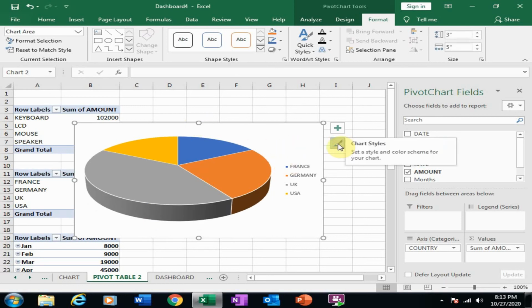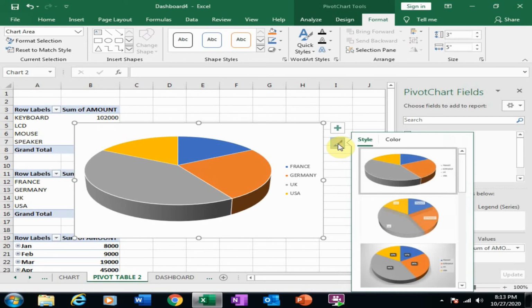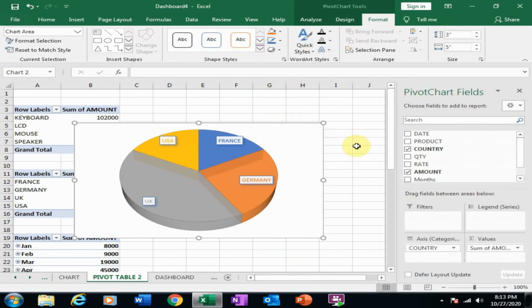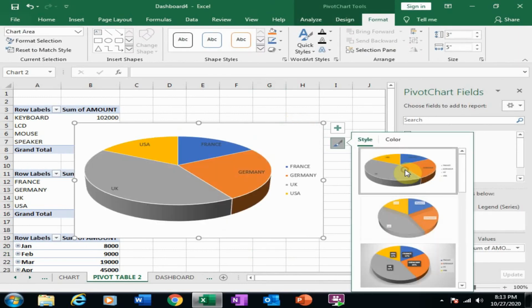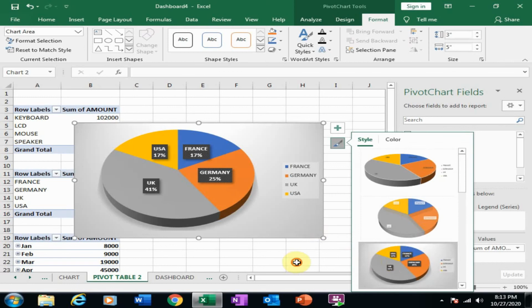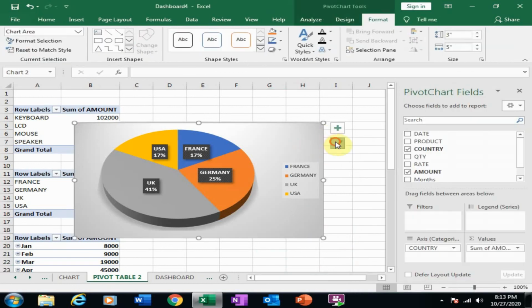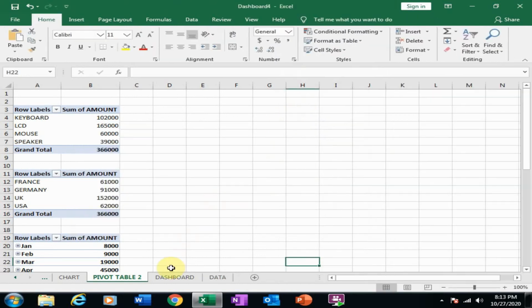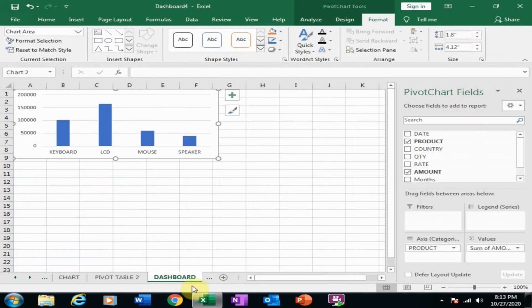And here are the chart styles. Just select the chart style which you want. And cut it and paste in the dashboard sheet.